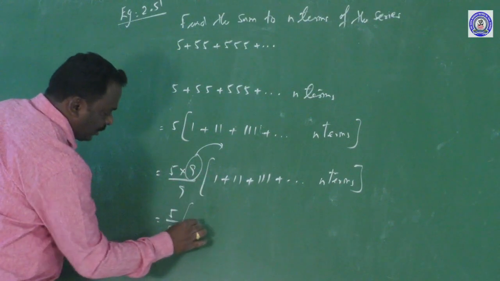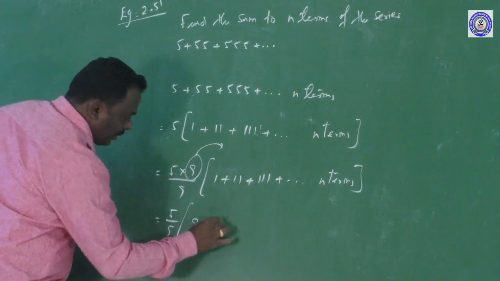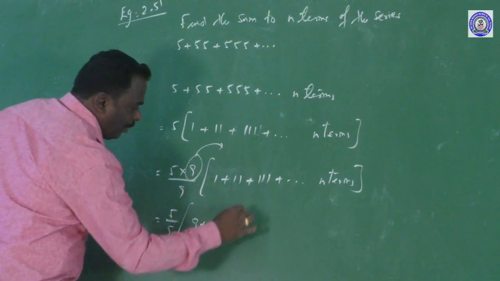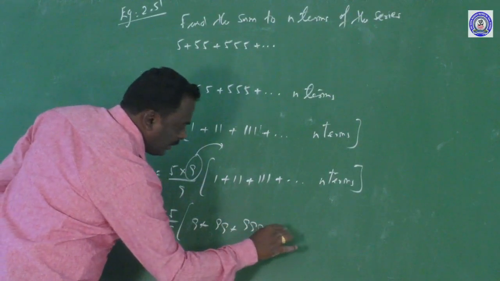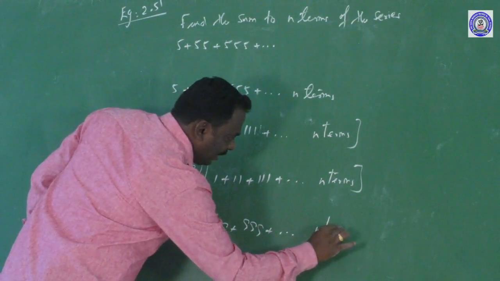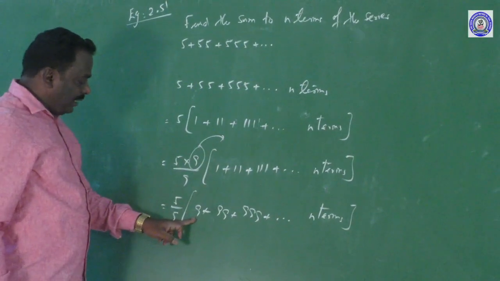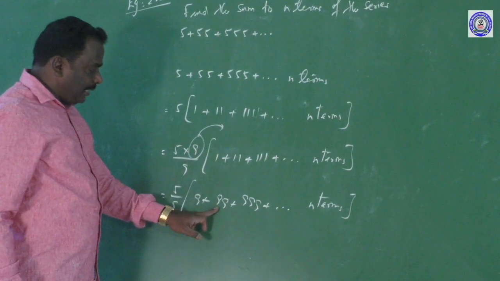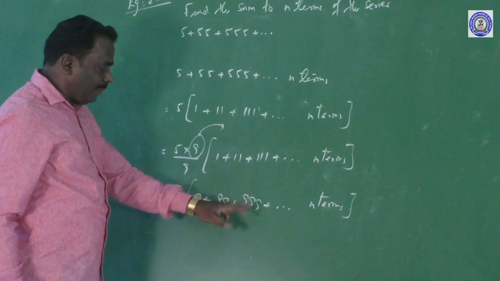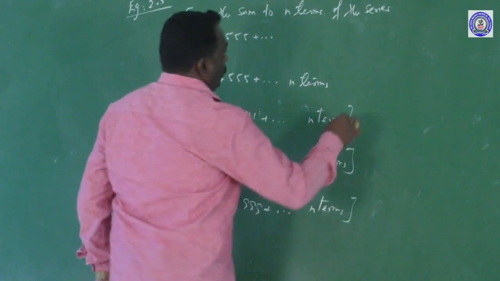Multiply 9 into 1, we get 9. 9 into 11 is 99. 9 into 111 is 999, plus etc. up to n terms. Now we convert this 9 as 10 minus 1, 99 as 100 minus 1, 999 as 1000 minus 1. That is equal to